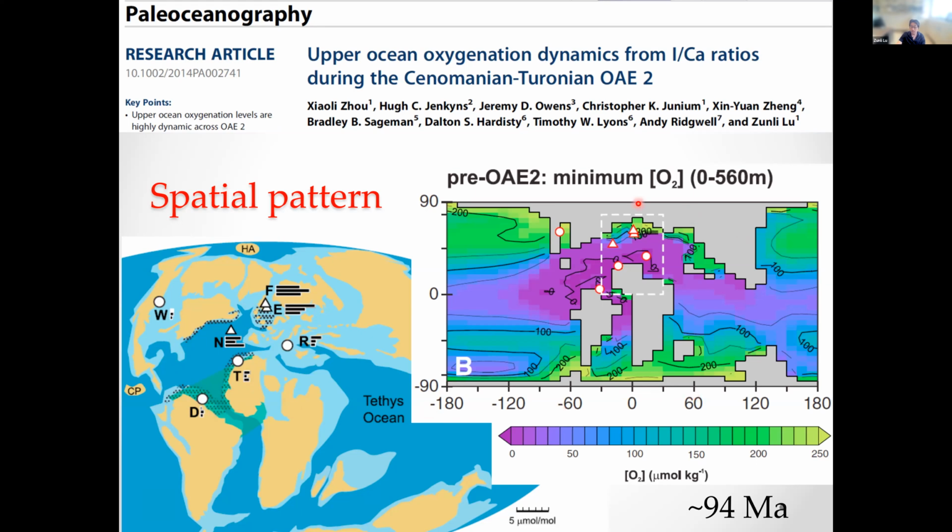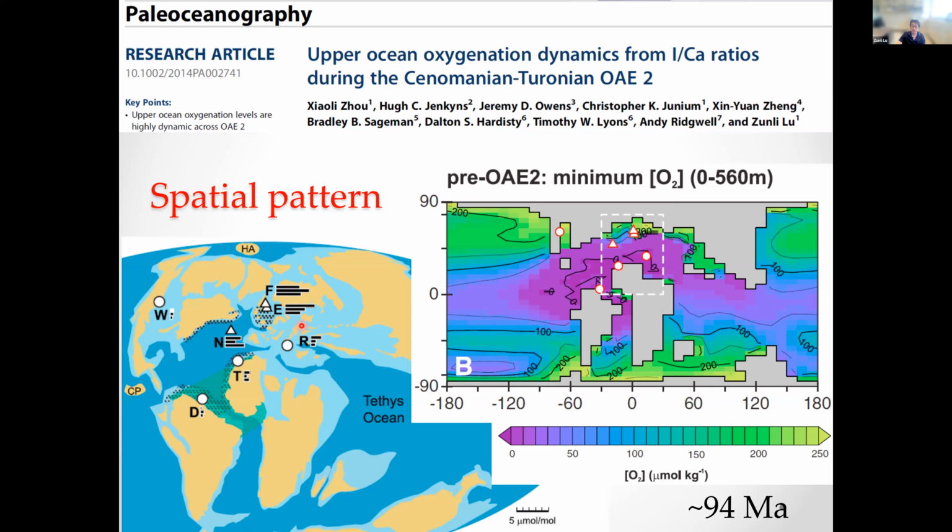And we have the upper ocean O2 levels that were simulated in GENIE, and you see there is sort of a match between the simulated O2 versus the measured iodine calcium. So this is actually the first study in relatively deep time that we saw there's a potential that we can compare the iodine calcium spatial pattern with